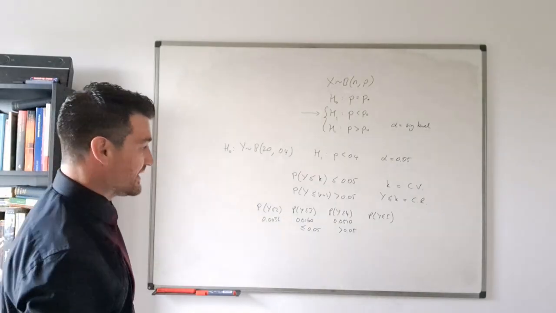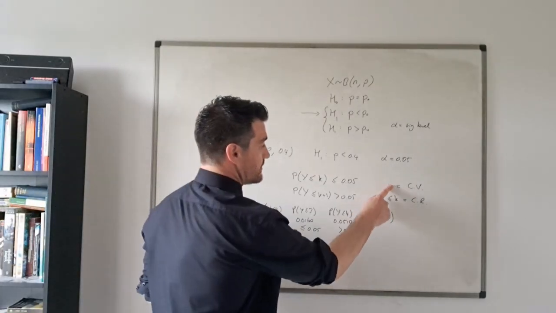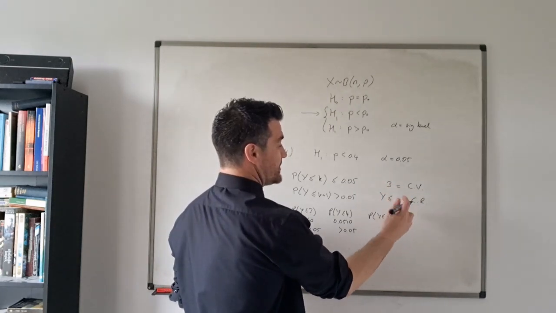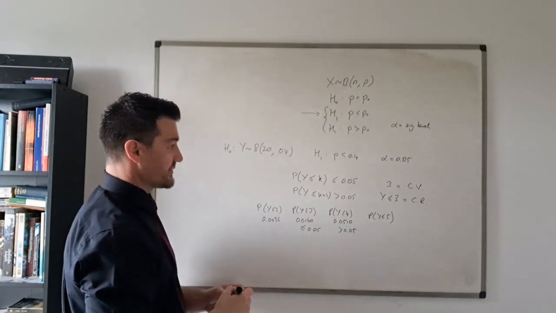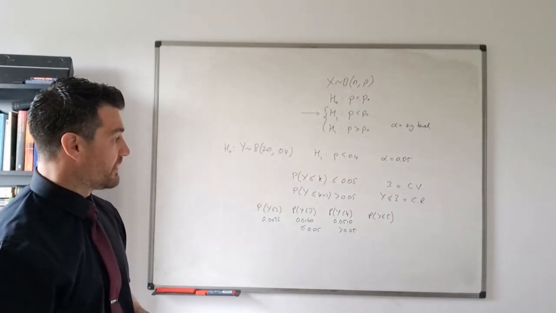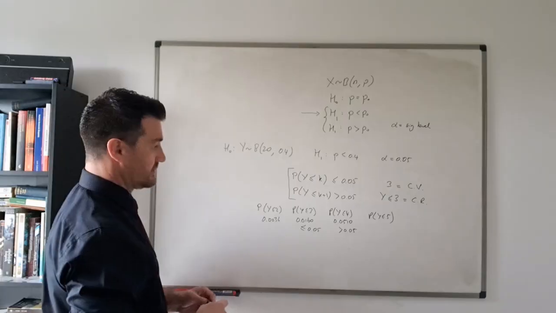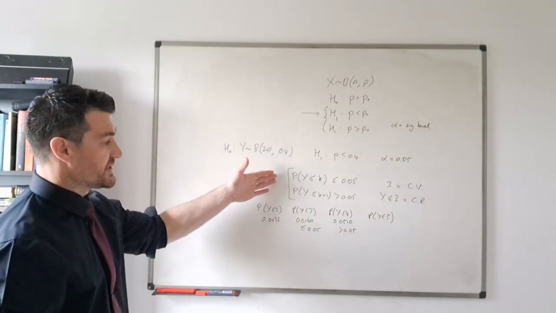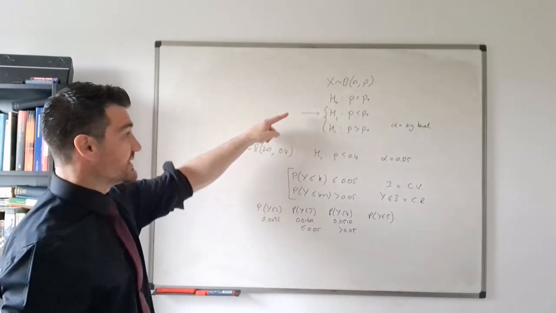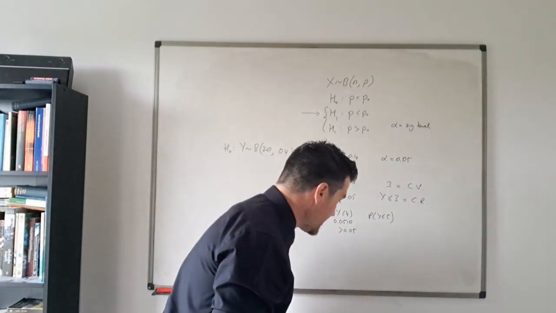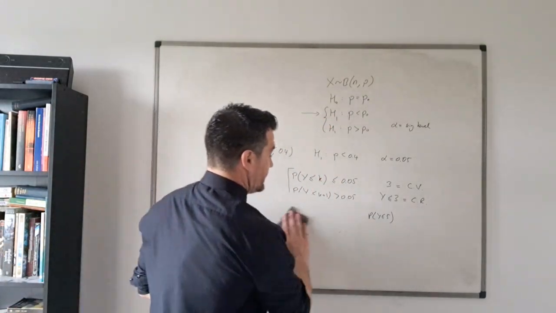So what's my critical value? It's 3. 3 is my critical value. What's my critical region? Y is less than or equal to 3. Okay? It's understanding that this is what you're looking for. This is what we mean by a critical value in a precise sense, at least in this case. Okay? So more generally, what we're looking for,